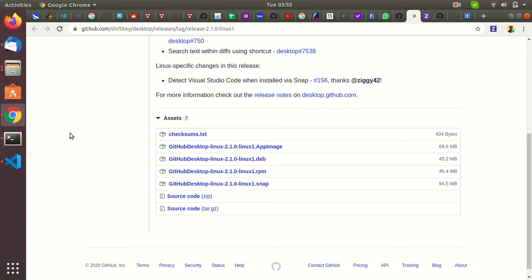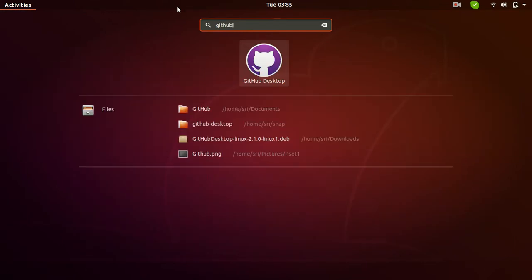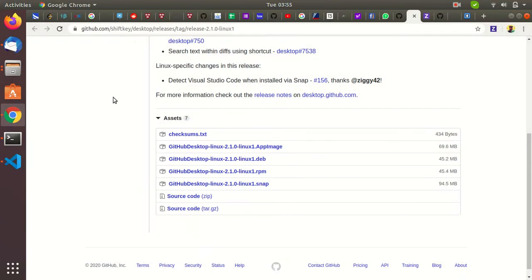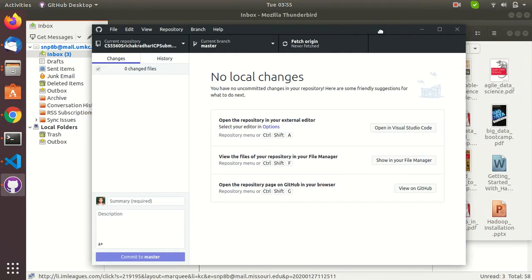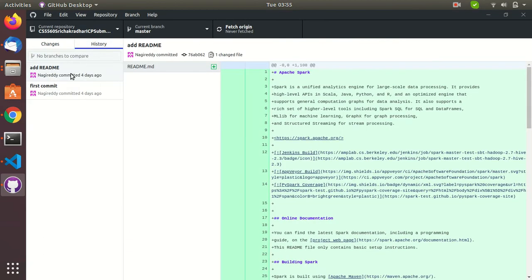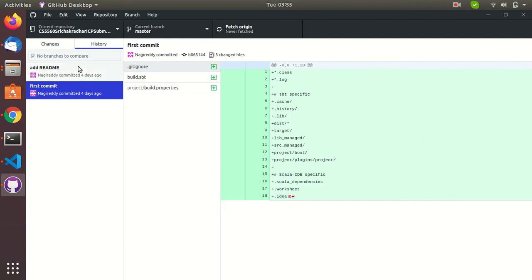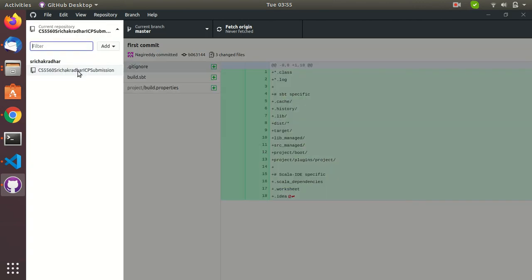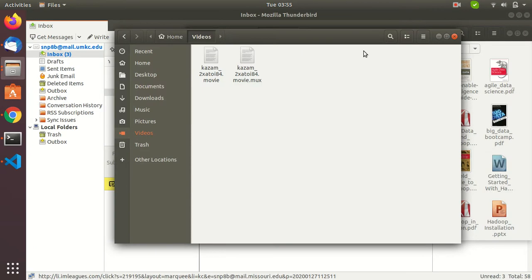install with dpkg command. I have downloaded the deb package and opened it with the Ubuntu software and then just clicked on install. That installed the GitHub desktop, as you can see here. So this is the GitHub desktop. I have opened one of my repositories here. As you can see, I have one repository uploaded before into GitHub for CS 5560 submission. That is GitHub desktop. Going back